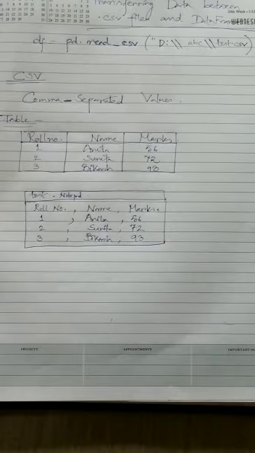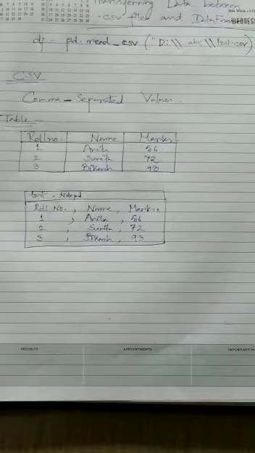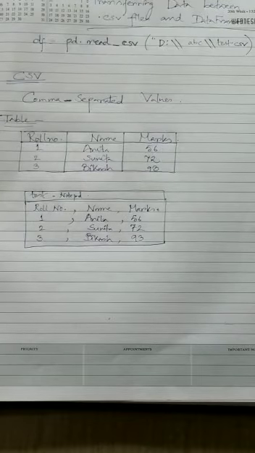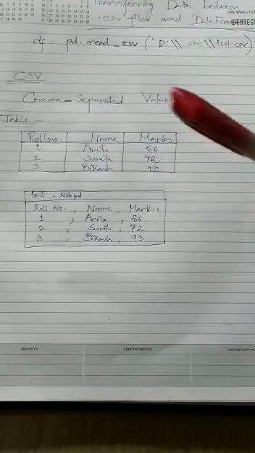Now, why are you learning this CSV? Because our motto is to transfer one CSV file's data to a data frame, and vice versa, from a data frame also to CSV. This is in our course: CSV to data frame to CSV. So suppose this particular CSV data we will store in a data frame. Now what to do? There is a one-line code. So this is the code. Is it visible? Let me read it once.